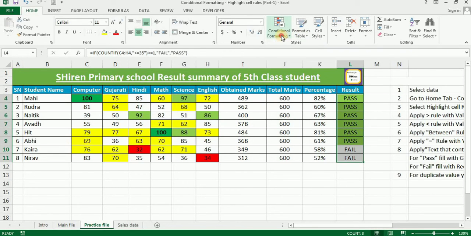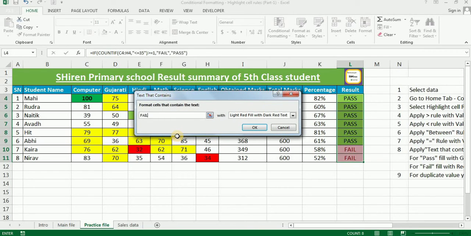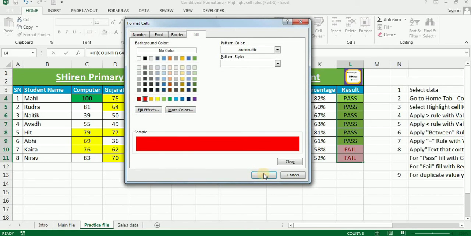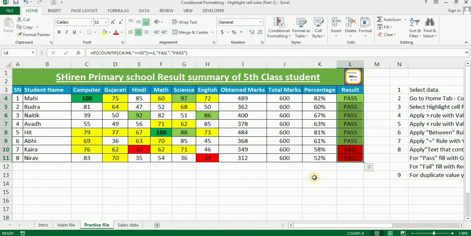Once again, with the same data, Highlight Cell Rules, Text That Contains Fail, custom format, and it should be red. OK and OK.